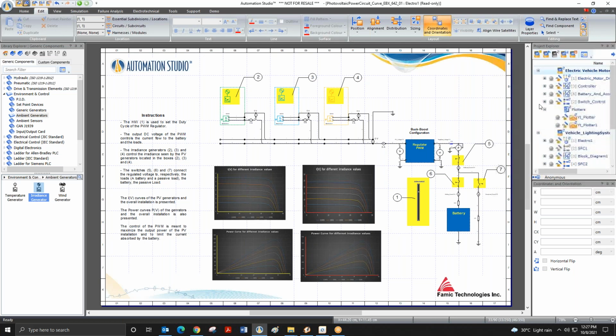Sarang, can I ask you one thing? Yeah. What you are explaining, is this the automotive library? Renewable is there, it's a part of Automation Studio 7. How about your automotive library?